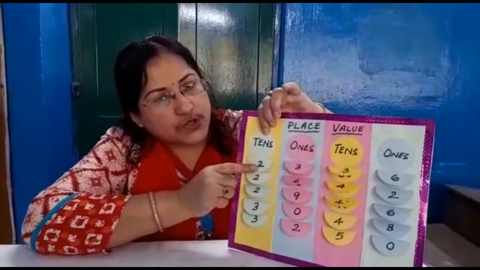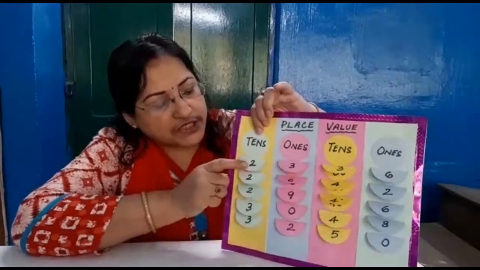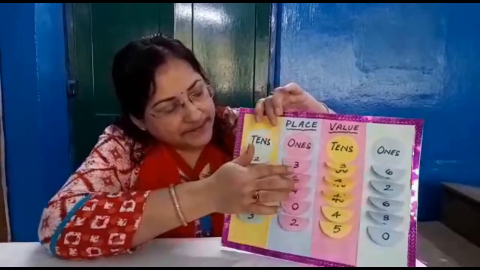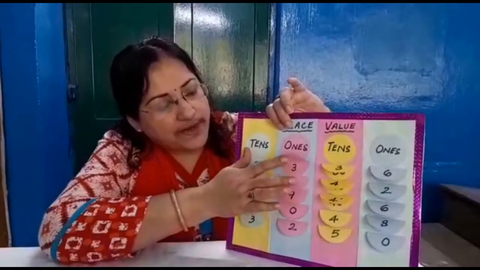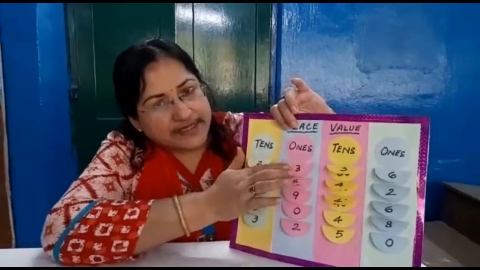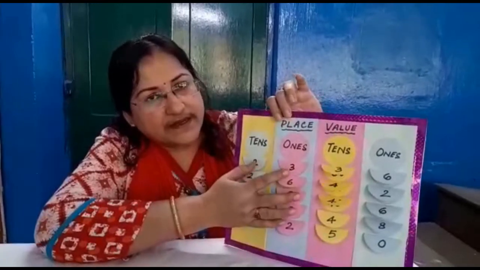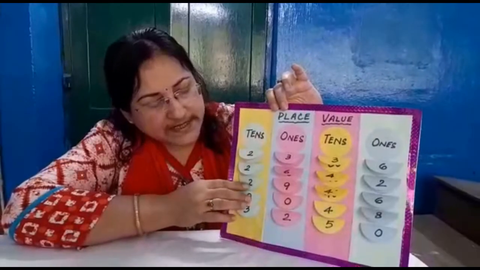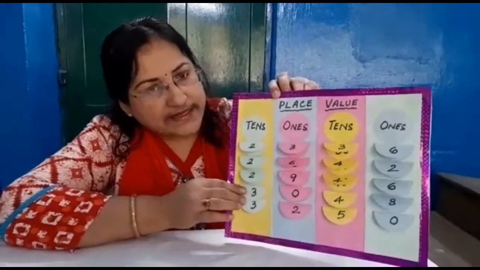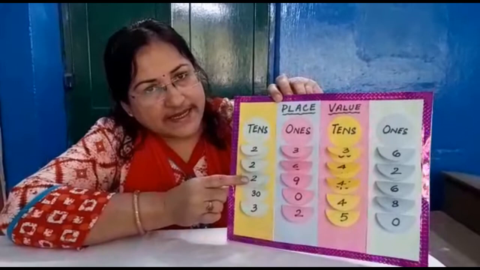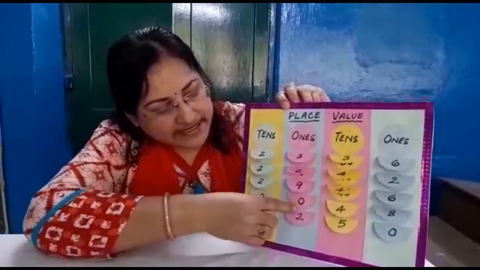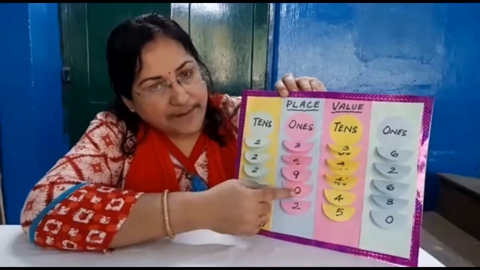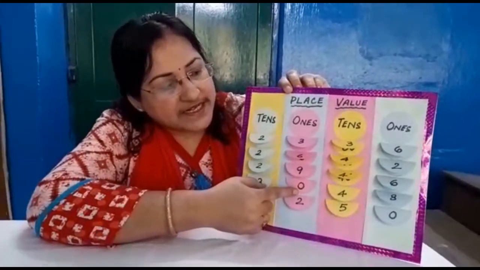Now tell me 2 tens. It is how much? It is 20. Okay. And 3 ones. It is how much? 3. So the number is here. What is the number then? 23. Similarly, you can go to this one. Suppose this is 3 tens. The 3 tens means how much? 30. Okay. And then see 0 ones. 0 ones means 0. So the number will be what? The number is 30 only.